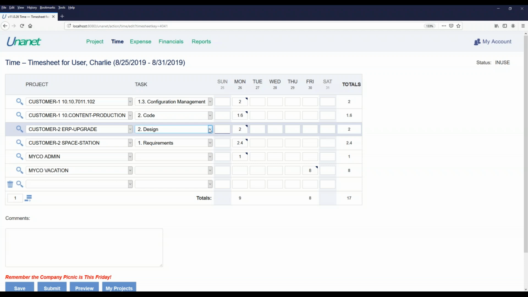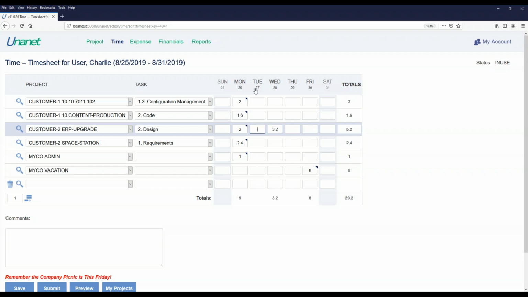You can give them budgets, you can give them dates, and so on and so forth. But once I have selected a project and a task, I can just enter some time. Now, as it happens, though, of course, if this is a direct government project, and I try to enter some time here,